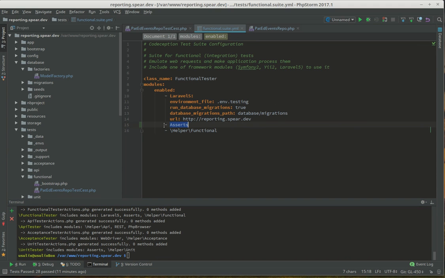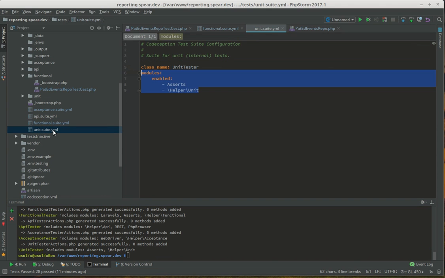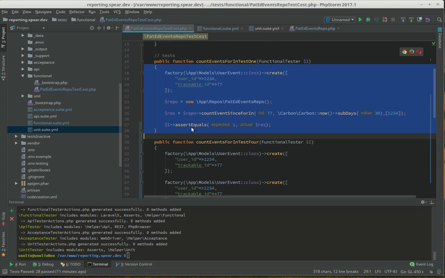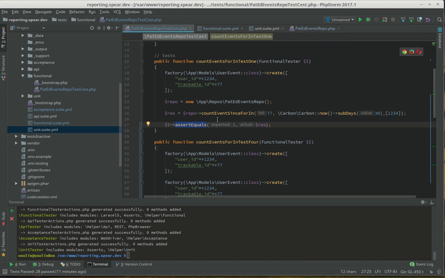But now I've got access to the asserts, which are the same asserts that I have access to in my unit tests. So instead of just being able to use I visit page or I see result, I can also assert that I'm getting an expected result, because previously my only option here was